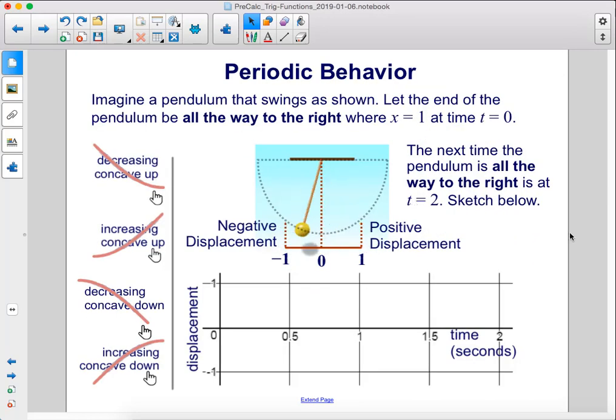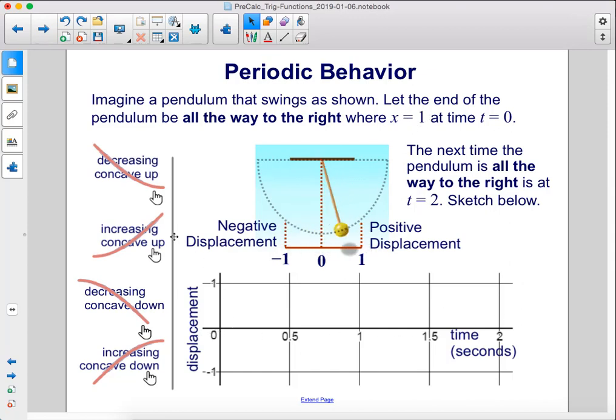Imagine a pendulum that swings as shown. Let the end of the pendulum be all the way to the right, where x equals 1 at time t equals 0. The next time the pendulum is all the way to the right is at time equals 2. Sketch below. Alright, so when time equals 0, this axis here is t for time, we want our displacement